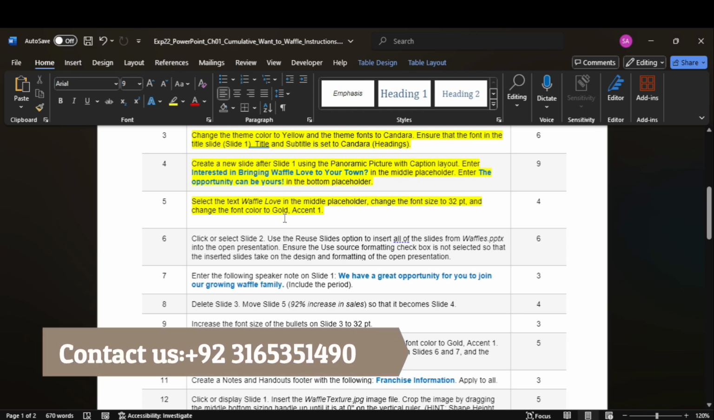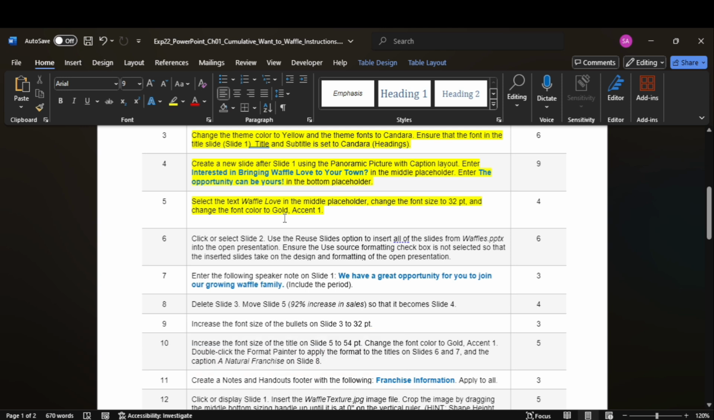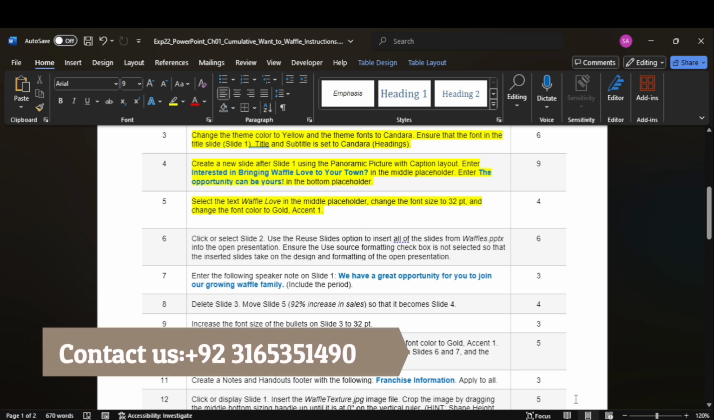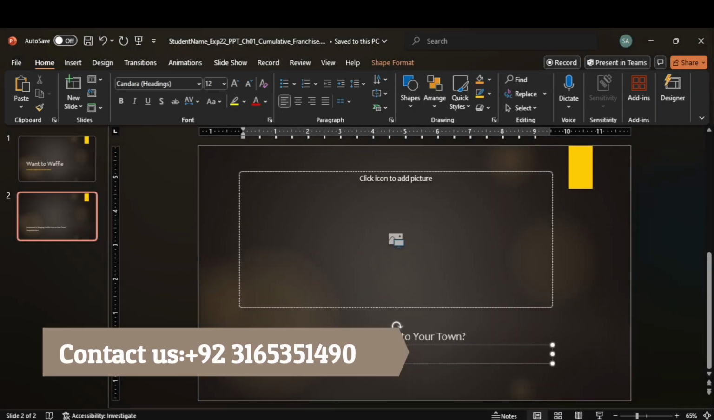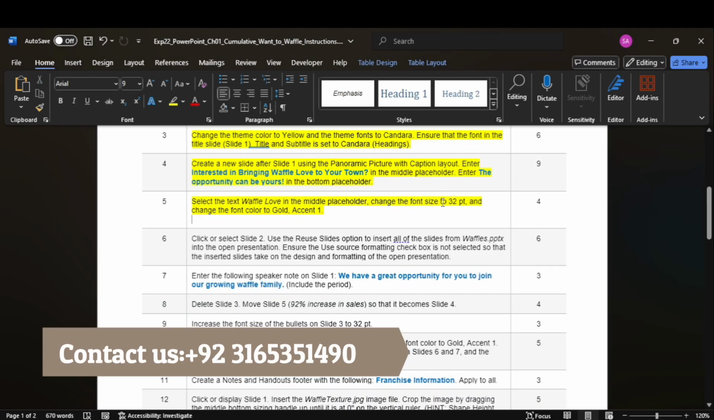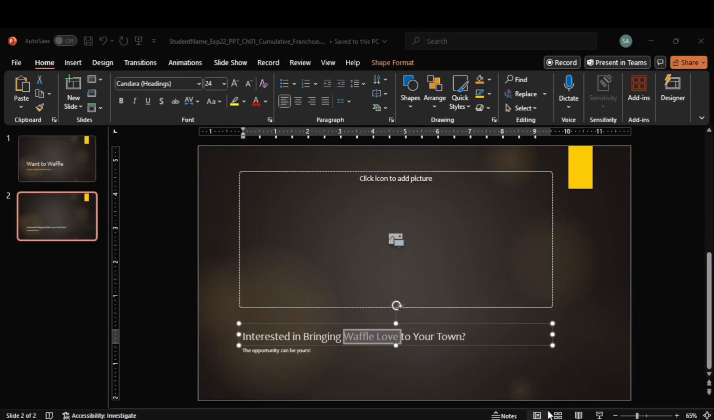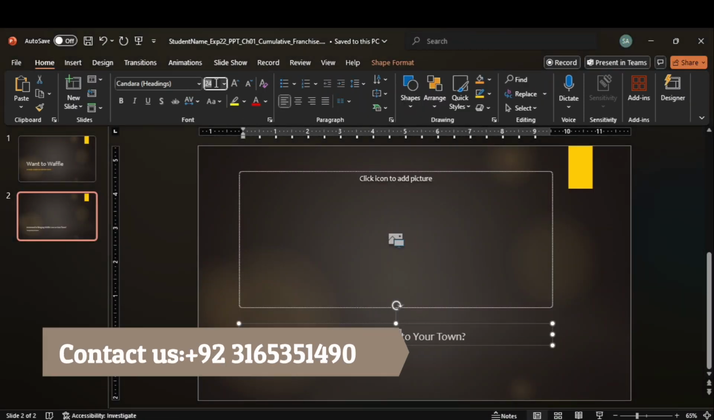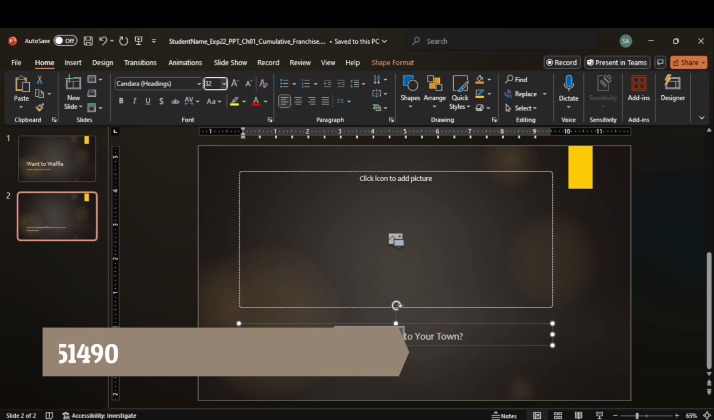So let's move to step number 5. In step number 5 it says select the text Waffle in the middle placeholder. So we will select this. Change the font size to 32. So we will change its font size to 32